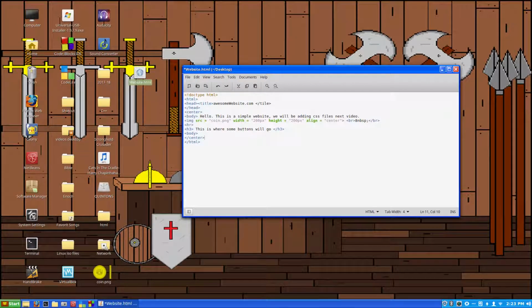Alright, so then once we've got all this done, you want to hit Control S or save, however you wish to do it. I just hit Control S, it's faster. And then double click on the web page that you just created, the HTML page. And then it'll open up in your web browser, and